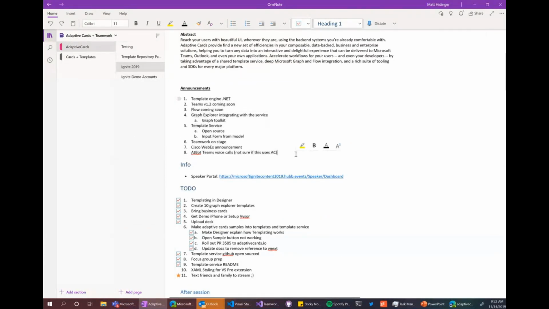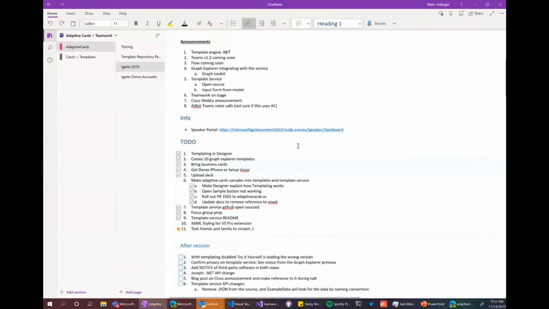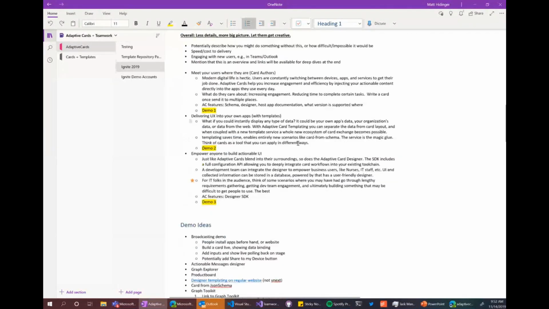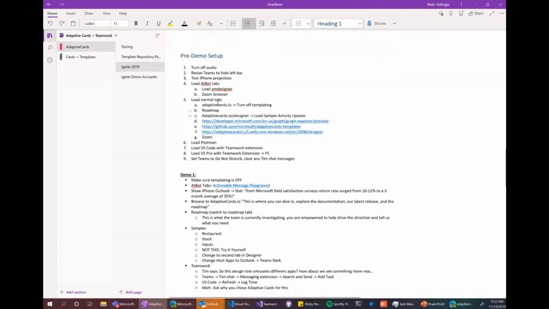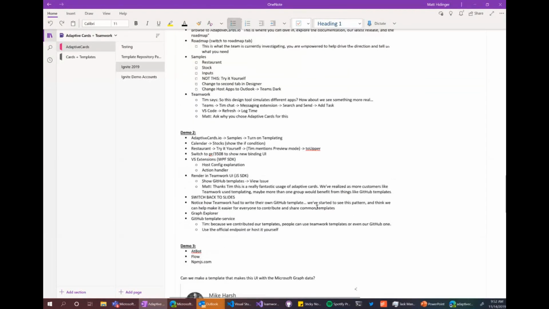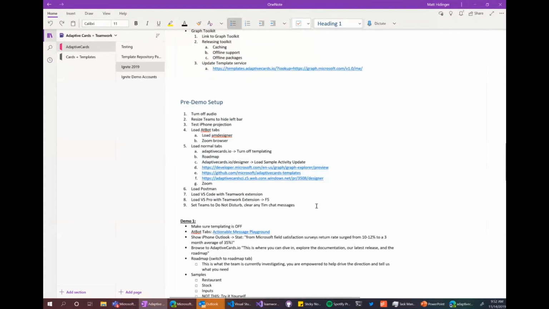Announcements are really great for just grounding: what do we want to build the storyline out of? What do we want to wrap around the announcements? To-do list, storyline and objectives, and then the demos. And then the only part I print is the pre-demo setup all the way through the demos. And I like to print it in a large font because everything gets smaller. You get a little myopic when you're standing up there. There's all those people, smiling or potentially grimacing back at you. So it is good to print it out in a large font.